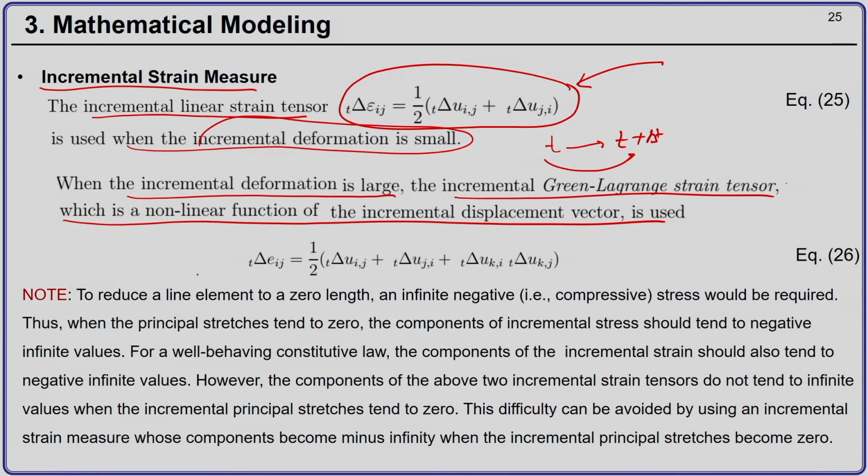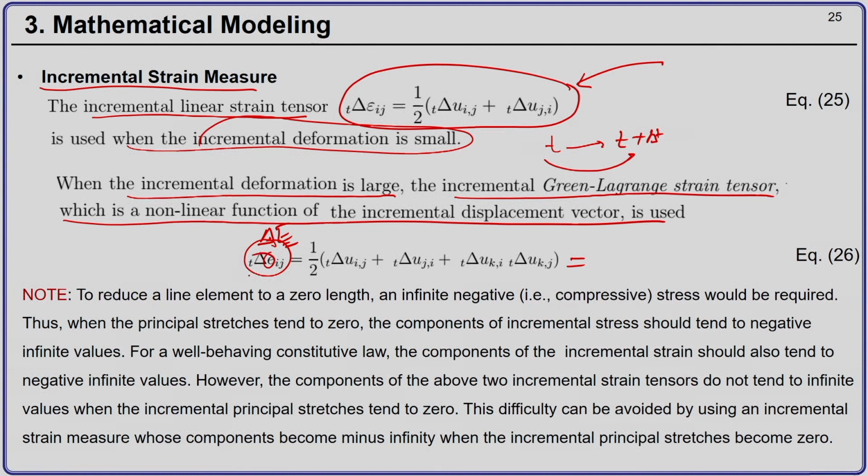Remember, we are using a different convention than what we have established in our lectures. This is because this follows the work of Bathe, the book from Bathe, so we are using that convention here. But you can recognize this is nothing but delta E, where E is your Green-Lagrange strain tensor. We are using small e.